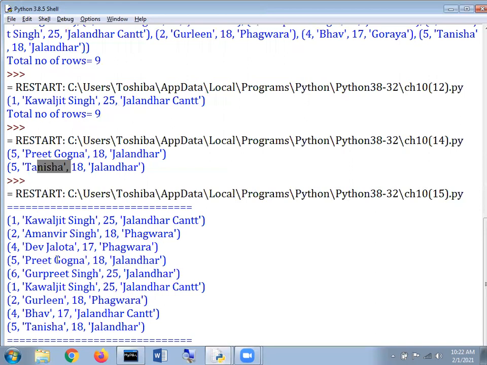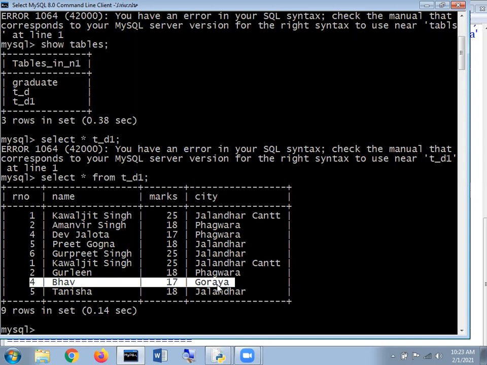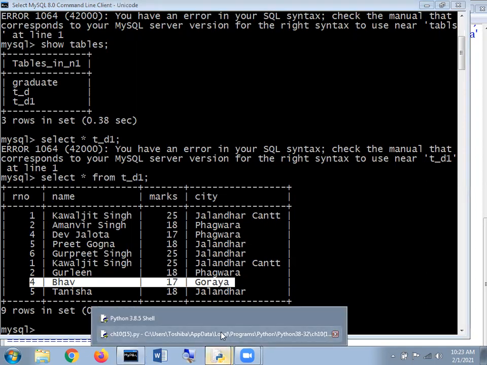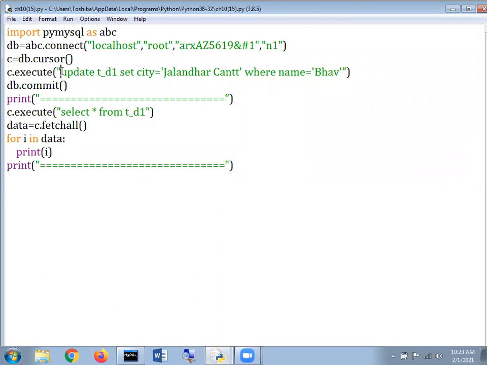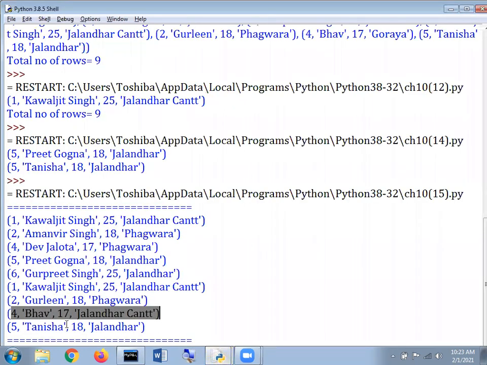As Kavaljeet sir did, now please look here, in place of Bhav, the information of Bhav is coming. First, look at MySQL, where we ran the query earlier, what we have mentioned here: the name of the student is Bhav and the city will be Guraya. But after making a modification in such data with the help of this particular query, the data is going to be displayed on the screen, which says Bhav 17, and this time instead of Guraya, it is supposed to display the content Jalandhar Kent. My son has understood my point, for sure, okay.